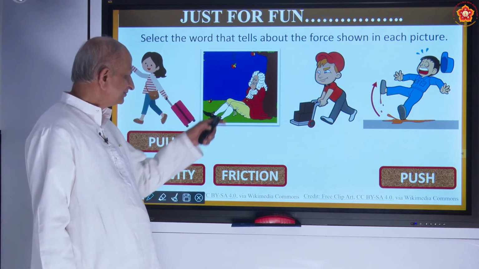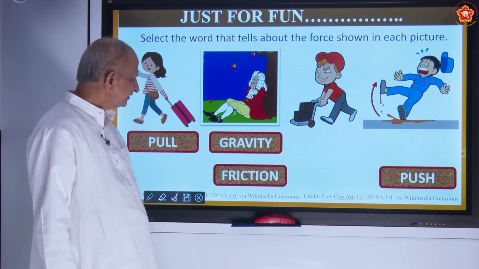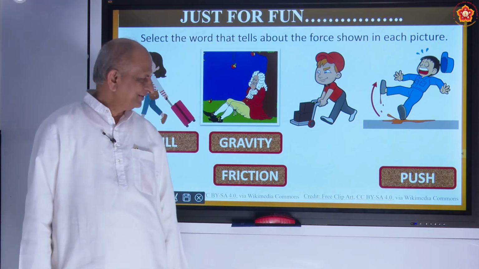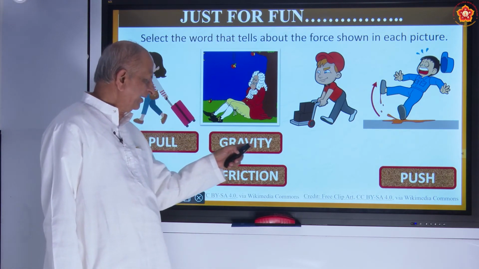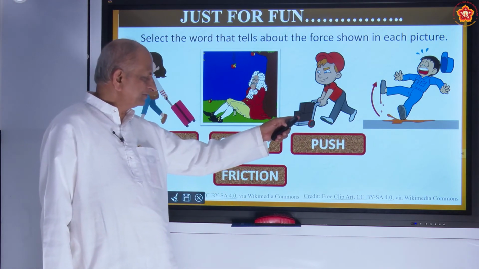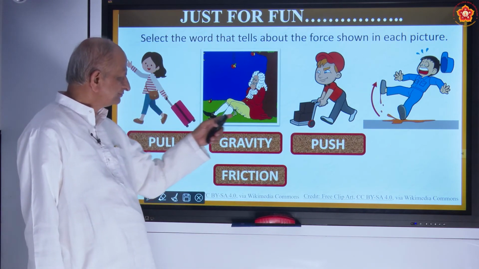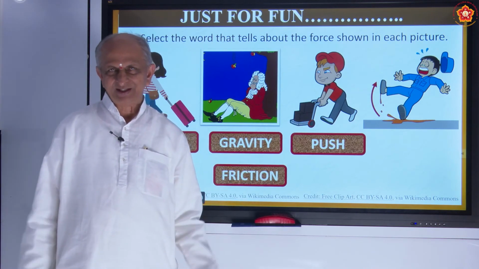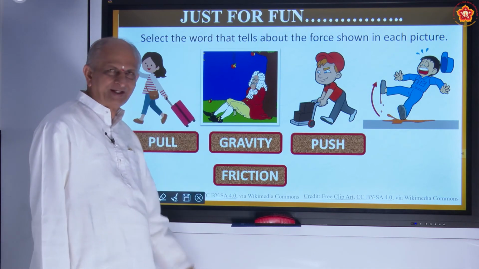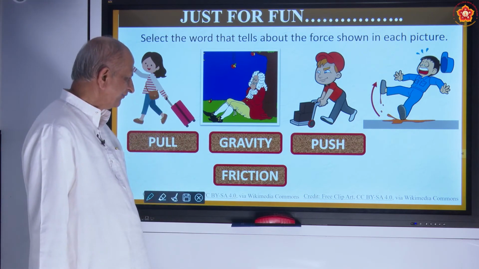And what is this Isaac Newton doing? He is sitting under a tree and he looks at the apple falling on his head. What is happening there? That is because of gravitational force. And here is a gentleman who is pushing. Here it is pulling, here it is pushing. The luggage is more. Sometimes somebody may snatch your luggage. So if you keep it in front and push it, that will be safe.